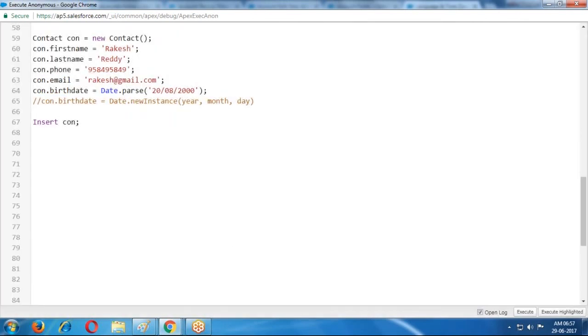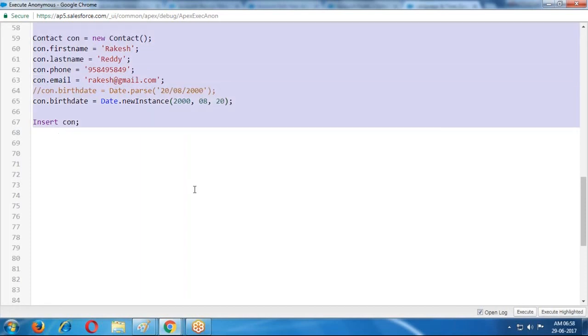But whenever we are using this, it is commented first. Double slash is nothing but a comment. If you want to comment a line, you can use the double slash. This is called a single line comment. Here 2000 is the year of birth, the month is 08 or 09, the day is 20 or 15, like this you can provide the date.